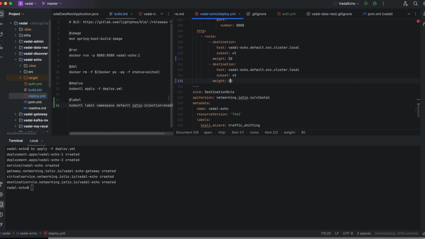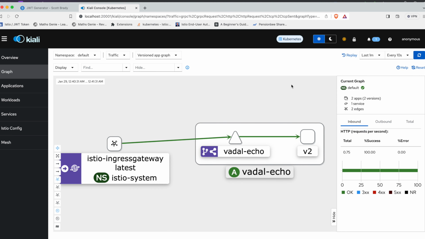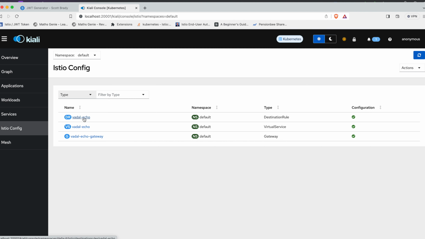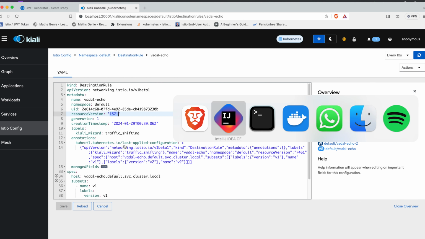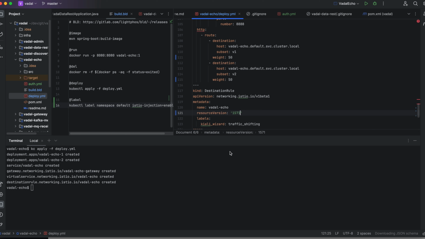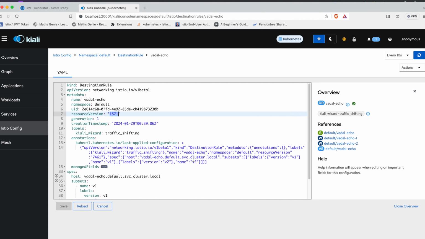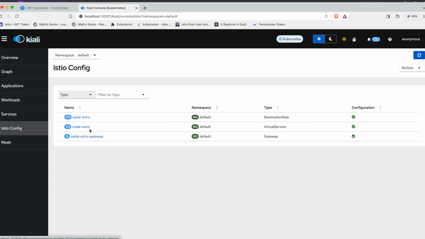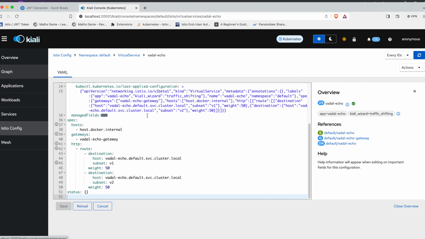Like I said, the previous video shows how all this works. Before we do that, we need to change this resource version to the more recent version. So we go back here, and in the gateway, virtual service, destination rule here, we need this version. That's what we're updating, and it'll change as we update. There must be a better way of doing this, but I haven't found it. And then let's deploy that. So that's deployed. There's this bit configured. If we go back to the Istio config virtual service, that's 50/50 now. So if you go into the graph,